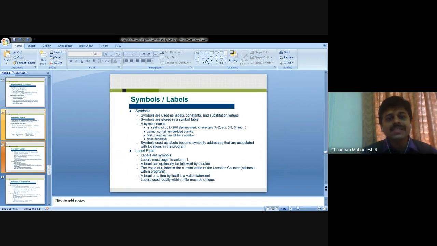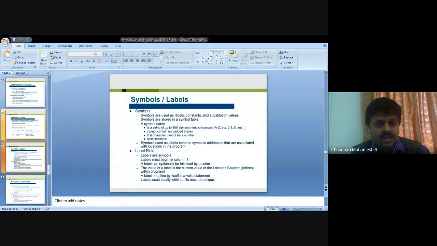Then symbols and labels. Symbols are used as labels, constants, and substitution values. Symbols are stored in a symbol table, and there will be a symbol name for each.